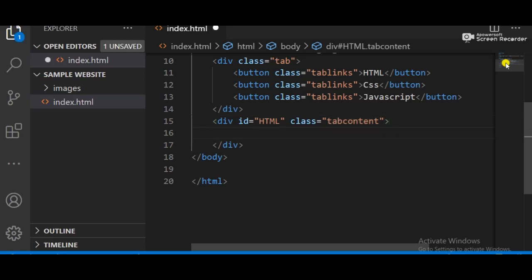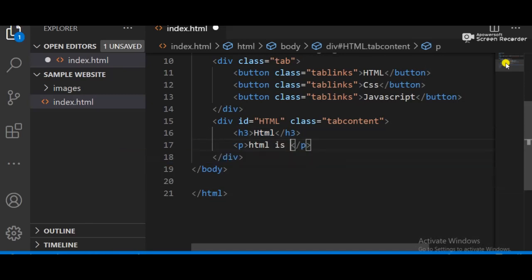Here I use an h tag, in which I'm going to show HTML. In the paragraph content I show that HTML is a hypertext markup language.